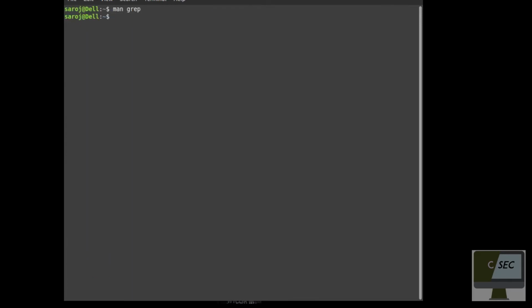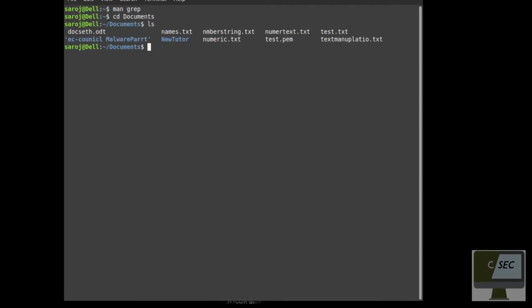Okay, so if I go to the documents because I have kept some files in there, here you can see some text files that I have created. If I want to search for text in our text file, then I have to type grep, then our search pattern.